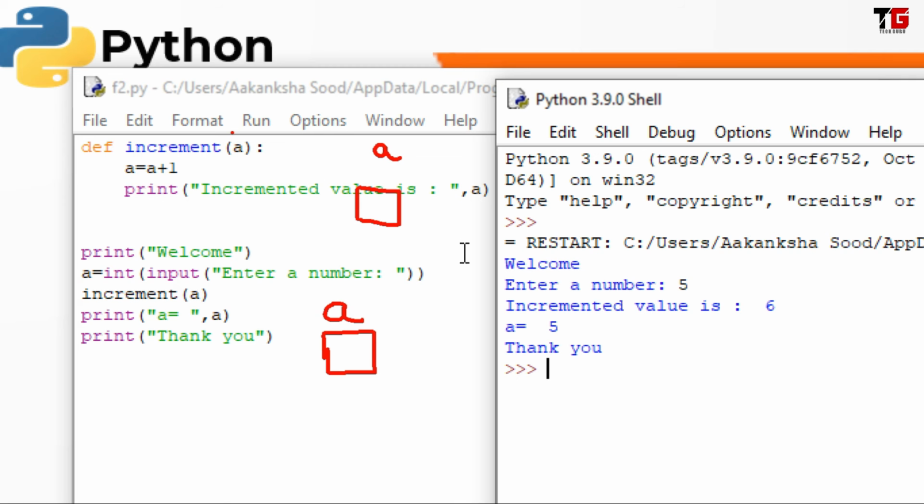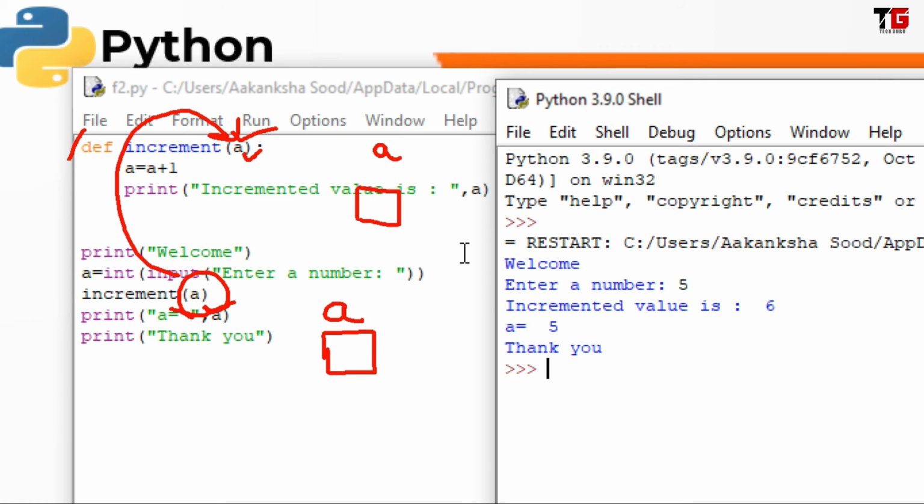So you can remember this A is different and this A is different. Just the value of this A is getting copied to this A. This A and this A have the same values, but the actual memory location of this A and this A is different.